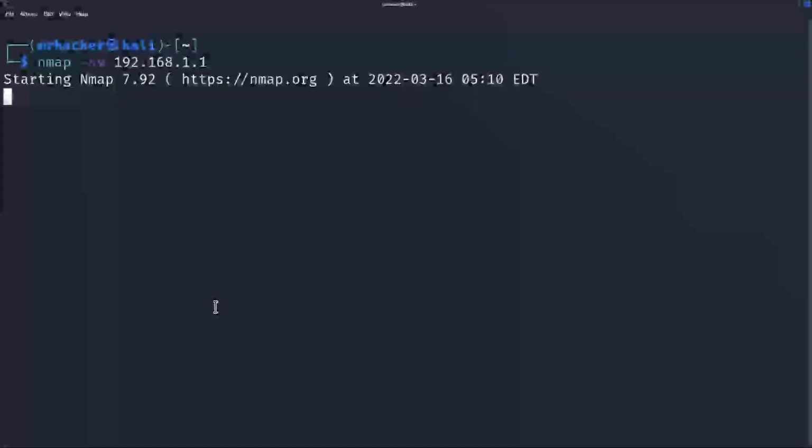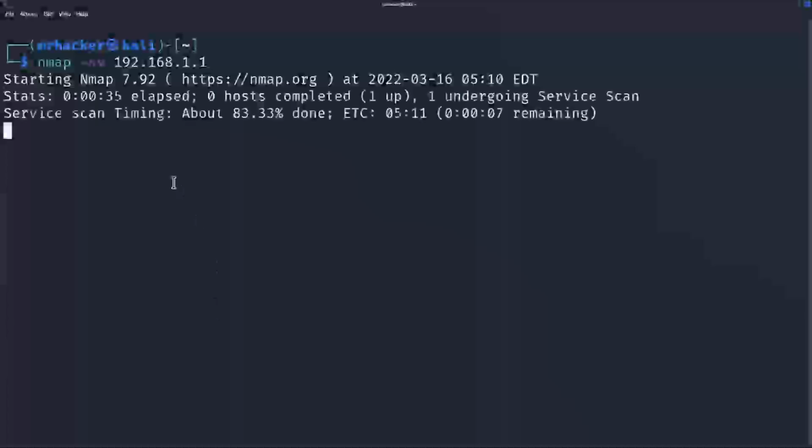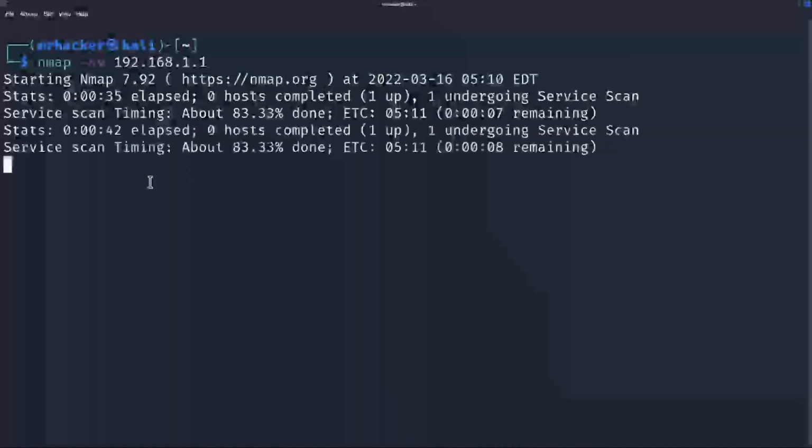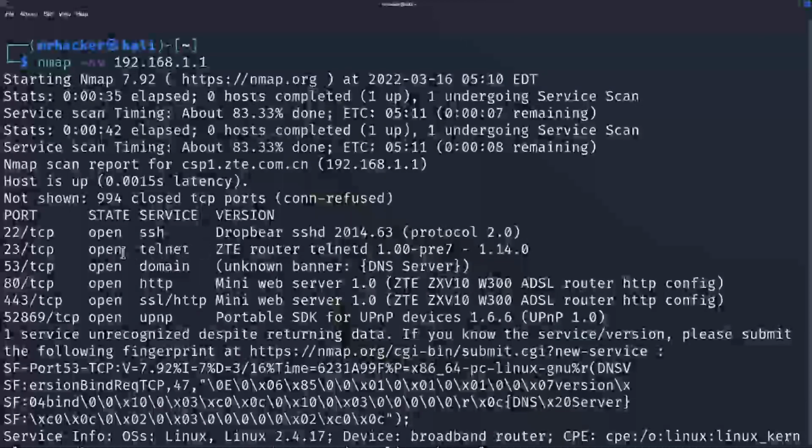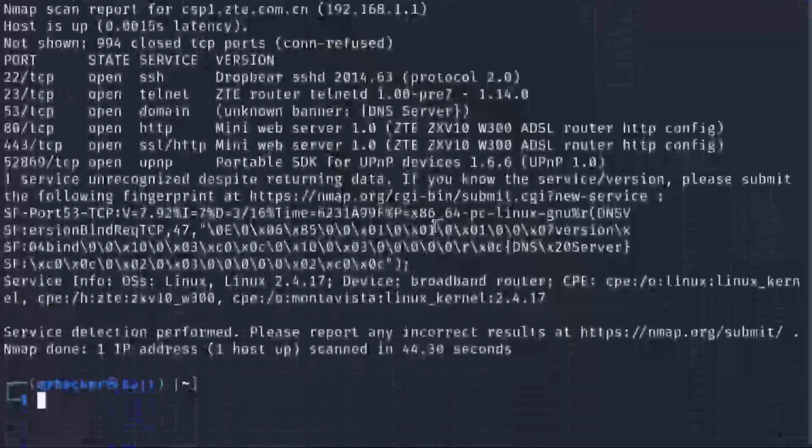Now, anytime that Nmap takes a little bit longer to finish, you can use the up arrow to figure out at what percentage Nmap is at. So right here we can see that it's currently at 83.30% done, and every time you press the up arrow it will tell you at what percentage the scan currently is. Now here it is, we got the scan finished, and you will notice the first thing is that we